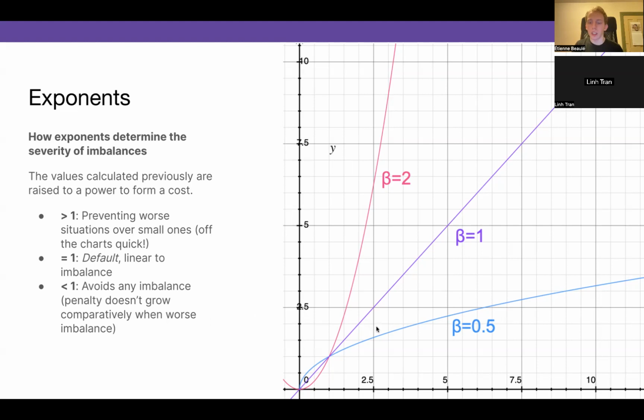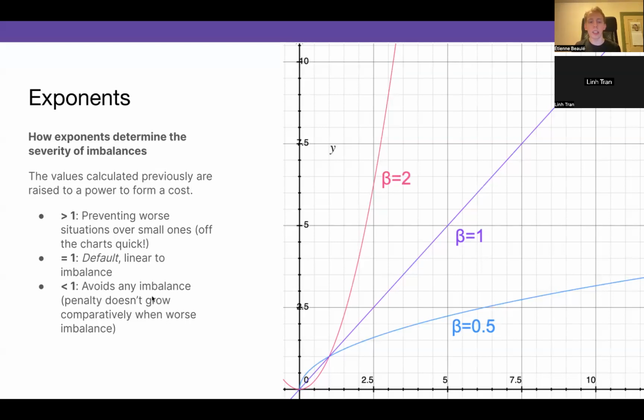But then we can also set it a bit lower. Here I put 0.5 as the exponent, so square root. And what it does is it kind of levels itself off, even though it still increases. So if you had 1, 1, 1, 5, then the penalty would be 2 point something times worse than other positions, rather than saying it's 5 times or 25 times as bad.